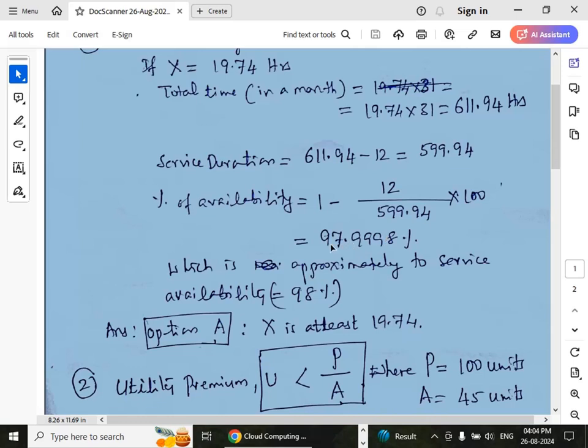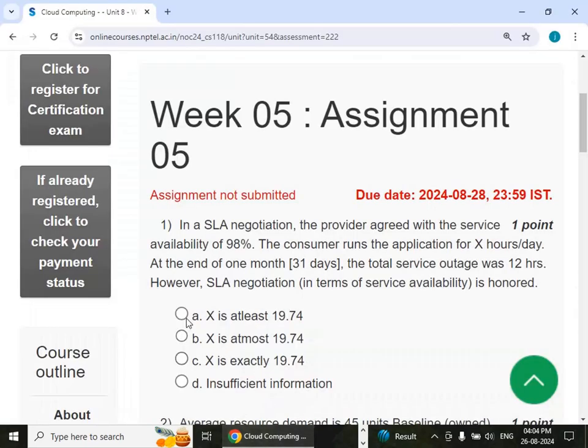And this percentage of availability is approximately equal to service availability. So therefore the answer is option A. X is at least 19.74. So option A, x is at least 19.74. Next question,